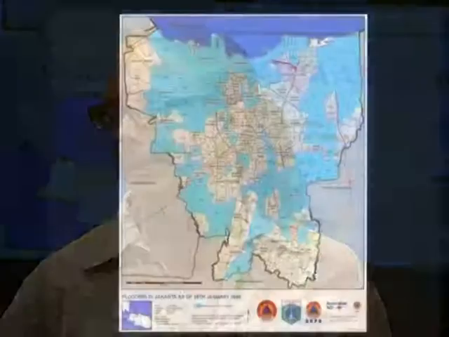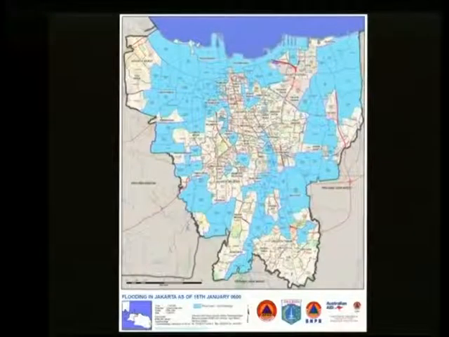So what that allowed people to do was report the flooding, but then show it on a map. Otherwise, it would just say where it was in text, but that doesn't give you an idea of the extent of the flooding. It just tells you there are some places flooded. So this was the first time mapping ahead of time had then been used in a response.